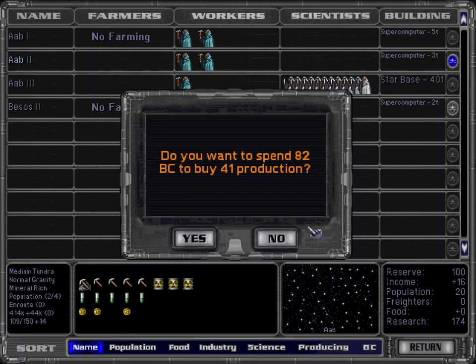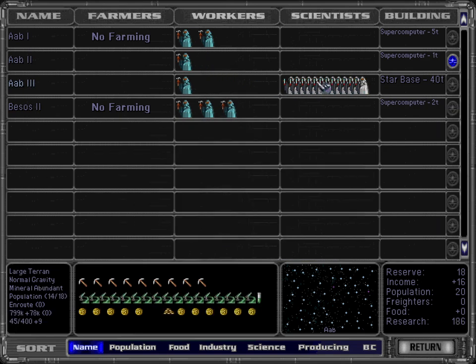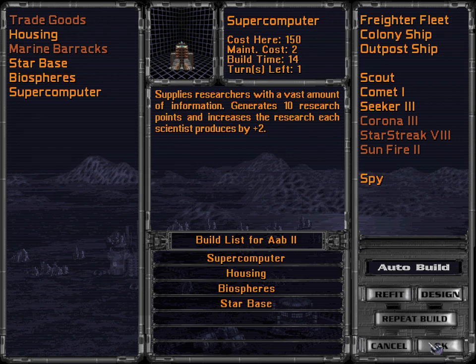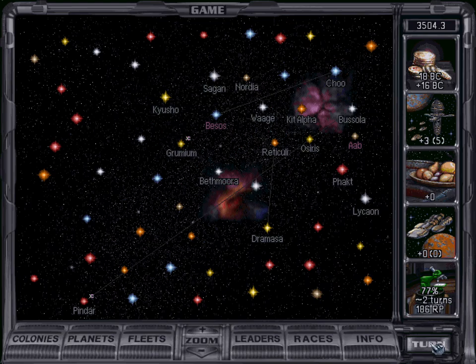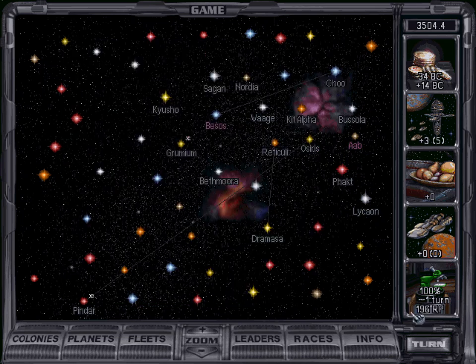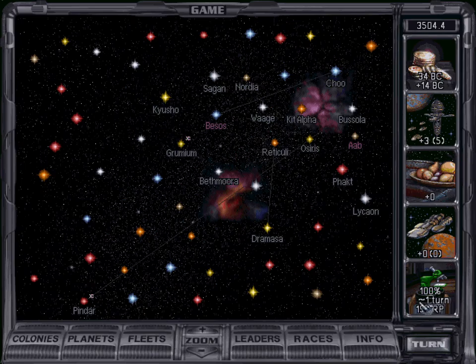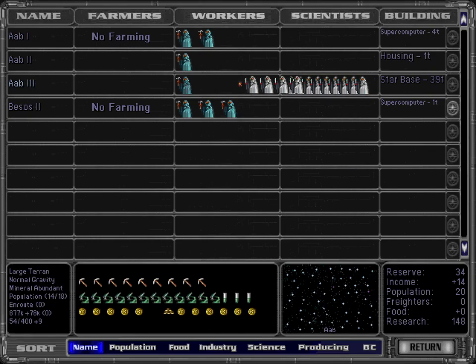This supercomputer we can now buy, and I'll do that, and this guy goes there. This will turn to housing again. And turn. We go to 100%. Any case, in 150 improved mod, the excess research points will roll over to the next project, so I don't need to go and micromanage this. If it was the standard game, you should have done something like...